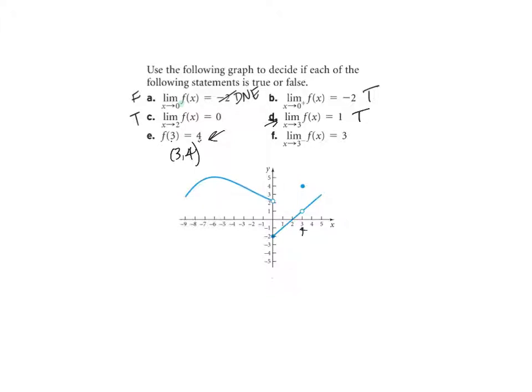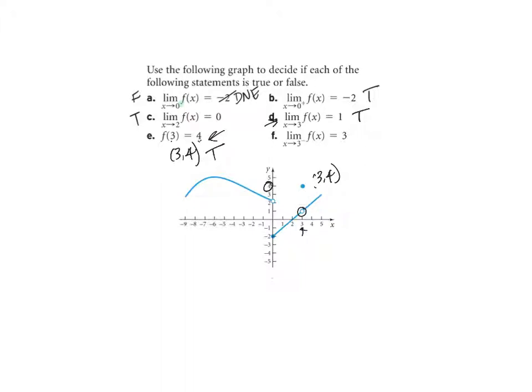And if we go to 3, there's a hole here, so that's not where the y value is. So we end up going up here, which gives me a height of 4. So this is the point (3, 4). So at 3, the function value is 4. So that's a true statement. Even though the limit, as I approach 3, wanted to reach a height of 1, that's not what the function value actually is.